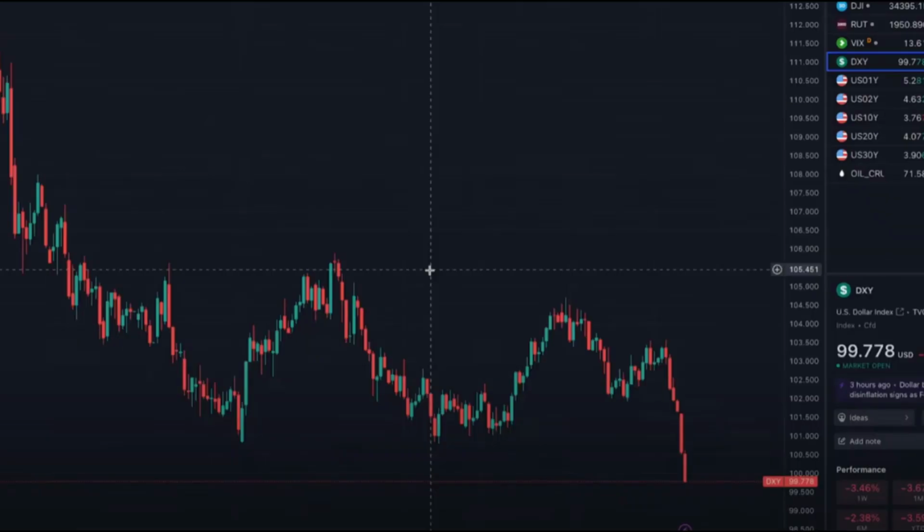Here we go. What is this? I think it's a 3-month chart. You can see over the past few weeks, the dollar has just been going straight south. I think I've established that the dollar is going down. It's selling off. It's dropping. It's puking. It's tanking. It's not looking very good.